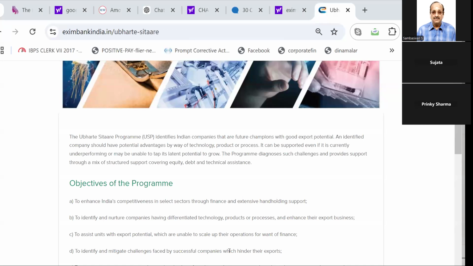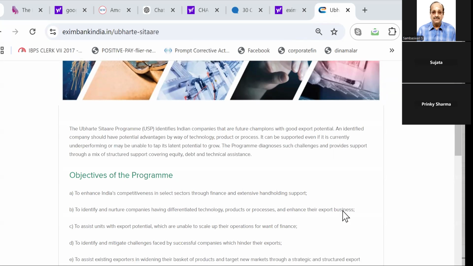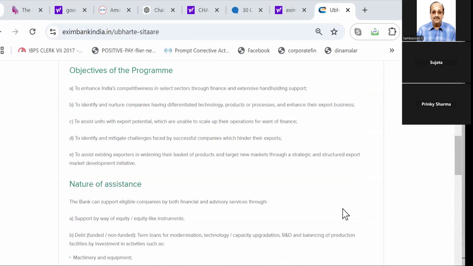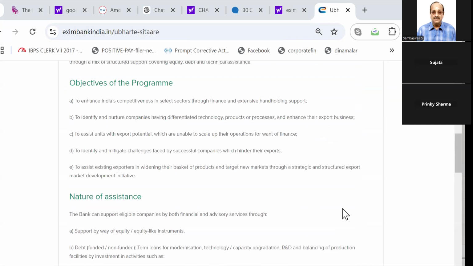Please read. To enhance India's competitiveness in select sectors through finance and extensive hand-holding support, to identify and nurture the companies having differentiated technology, product, and process, to assist the units with export potential which are unable to scale up their operation for want of finance,